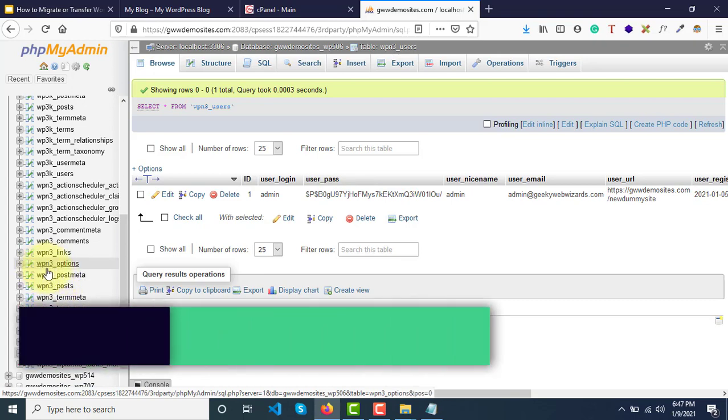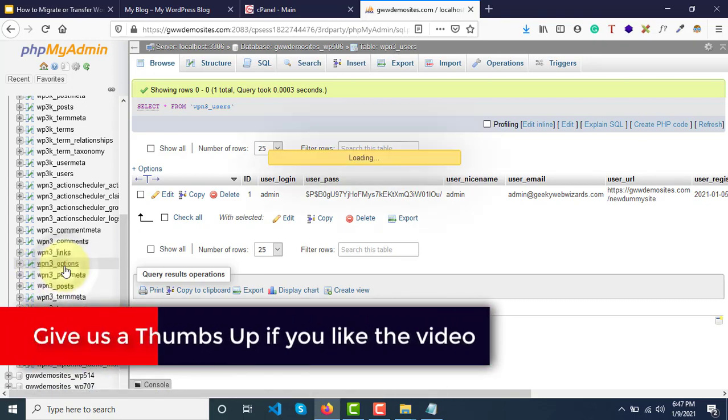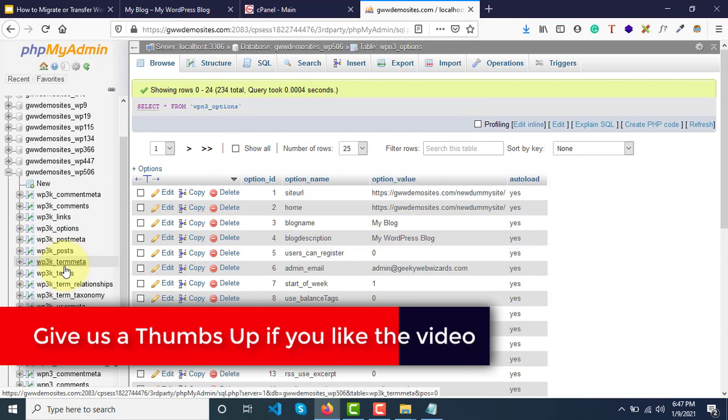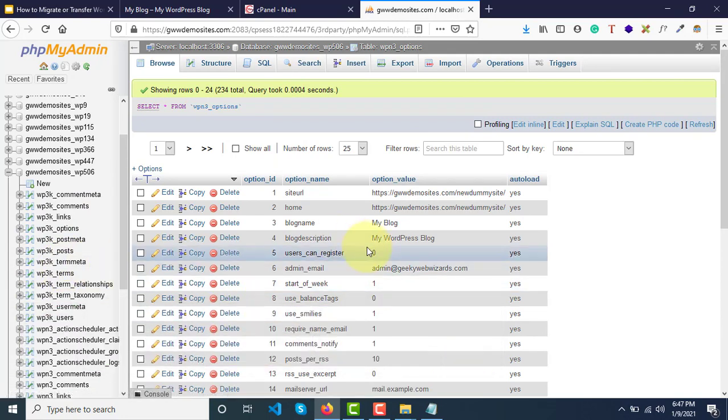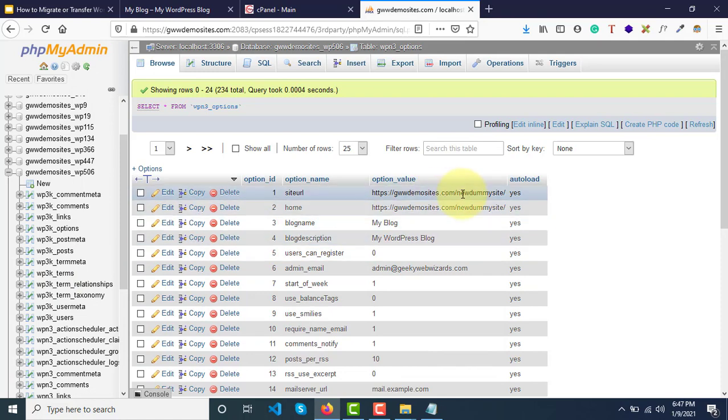go to the options table. Once you go to the options table, you'll find these parameters over here. Now here you need to update this URL, the new URL.